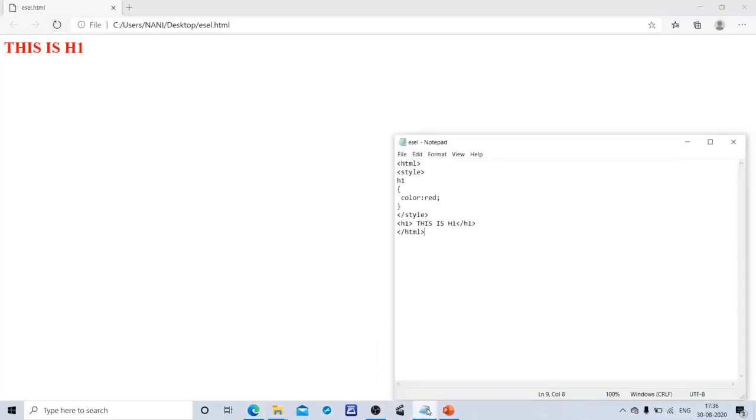This is the output for this program. Here I have taken the selector as element. It is identified with an element name. According to our syntax, selector, declaration block, and the tag that is used for this is the style tag. If I want to use ID as a selector, then what do we have to write? A hash symbol before the ID selector. Hash, I am taking the ID name as i.